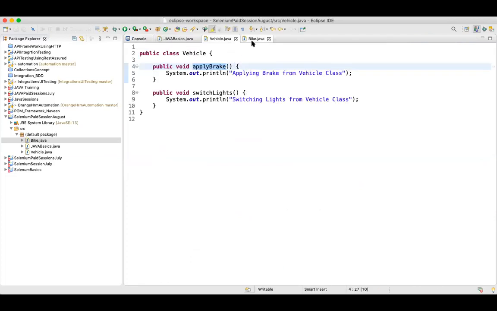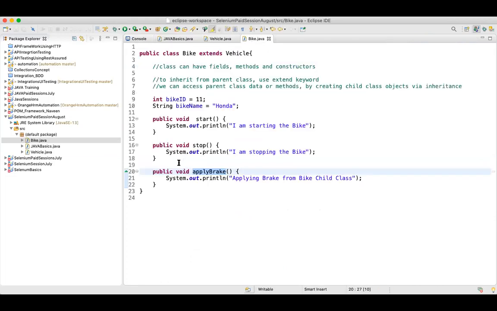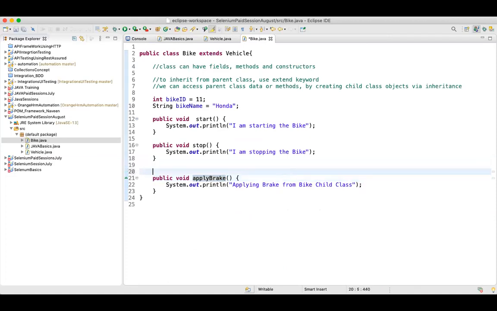So this entire concept is actually called method overriding. Okay, guys, method overriding. I'll write it over here, method overriding.